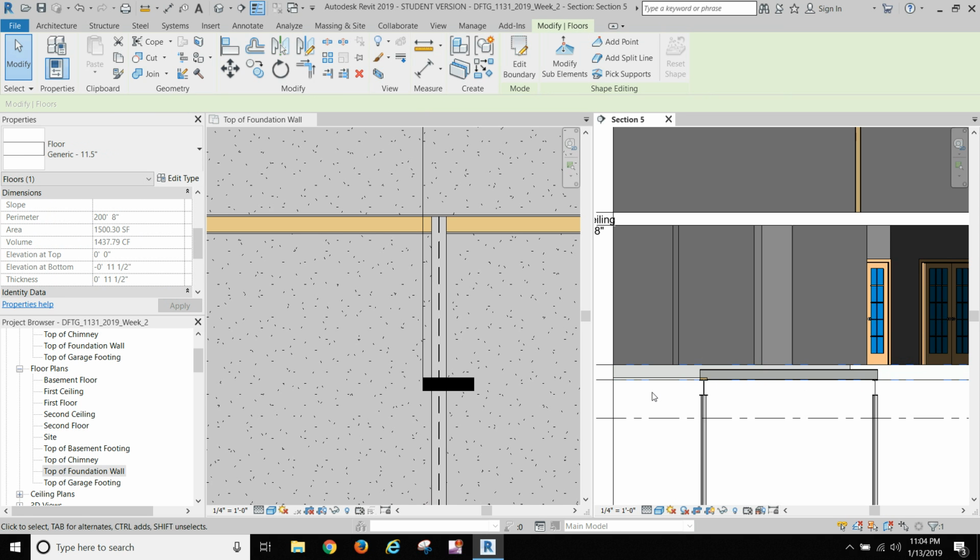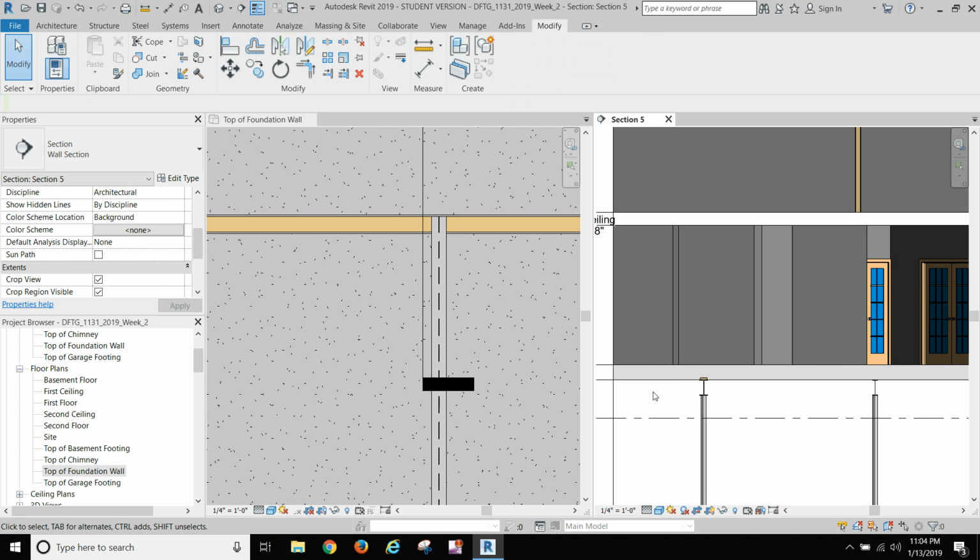Oh, there it shows when I select. What we'll end up doing is when we get done with this thing, we'll end up hiding that floor. I think that is what we'll end up doing. Okay. So this beam, I've got to come back and